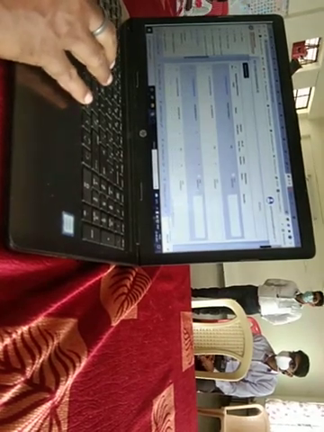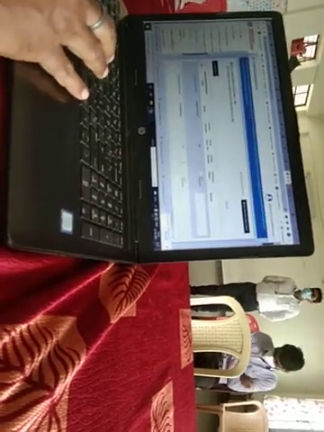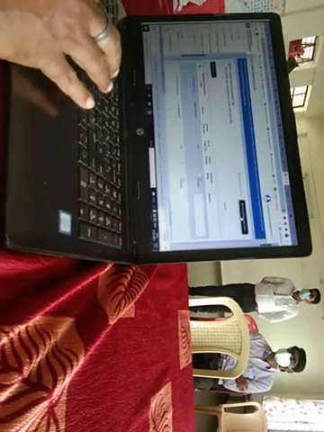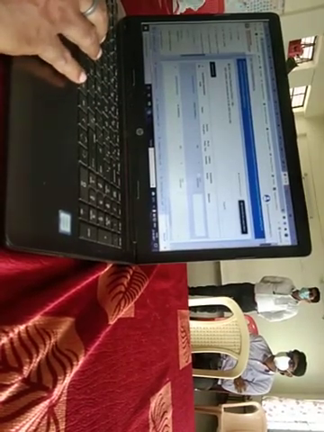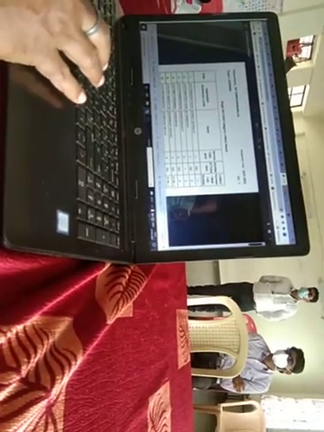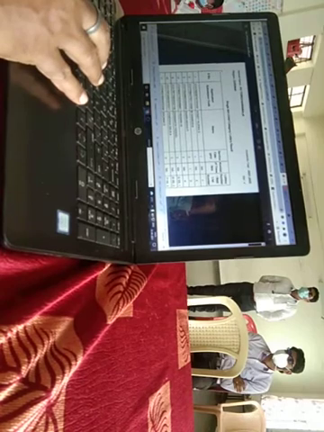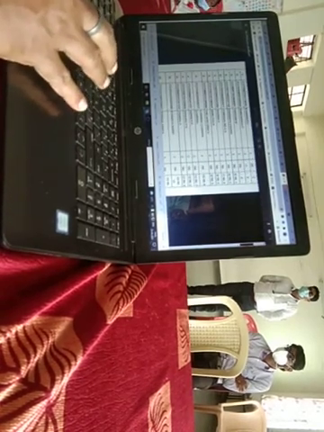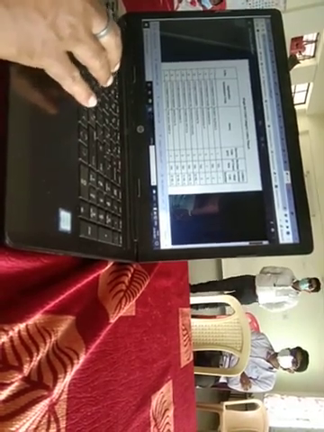So this is the lottery list for single girl child. And this is the lottery result, single girl child category lottery result. The first 4 are the main list and the remaining will come under the waiting list in SGC category.